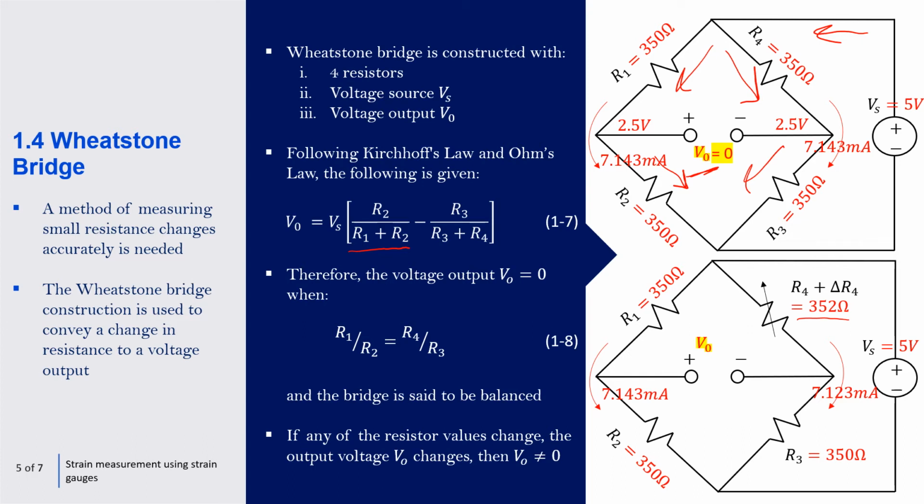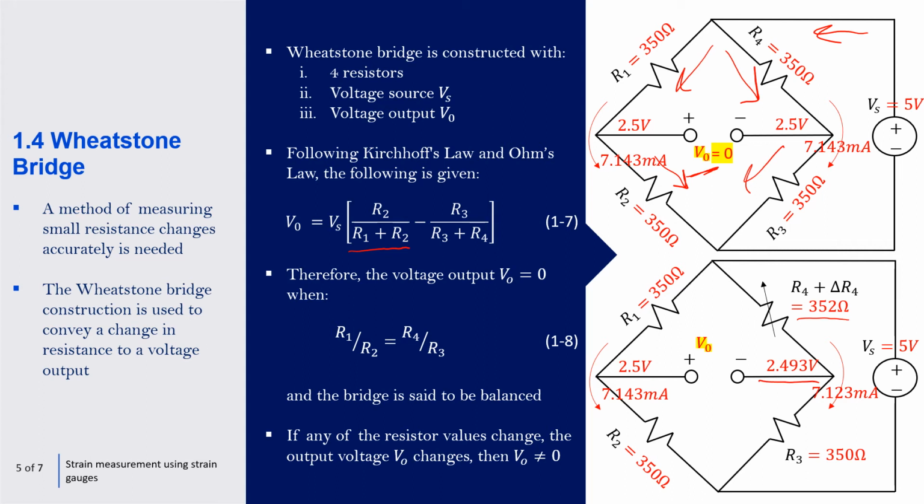Effectively the current is equal to 5 volts over 702, so just these two resistances added together, which is equal to this value, in milliamps. The voltage is then determined, so it's just 5 divided by 702 multiplied by 350, and that gives us a value of